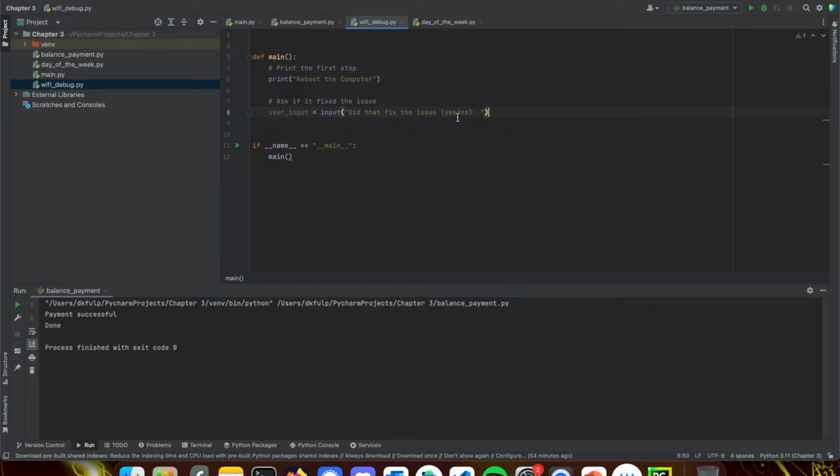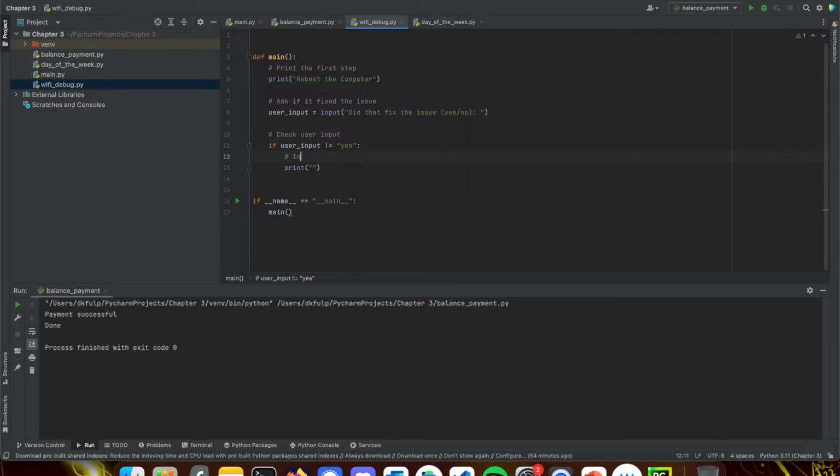That's asking and making sure we say yes or no. So if user input is not equal to yes, which means I didn't enter yes, then we'll come in here and print the next step. So we'll check the condition, check user input, and then we'll print